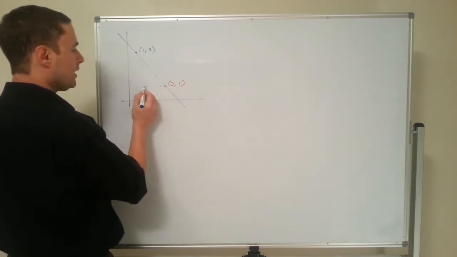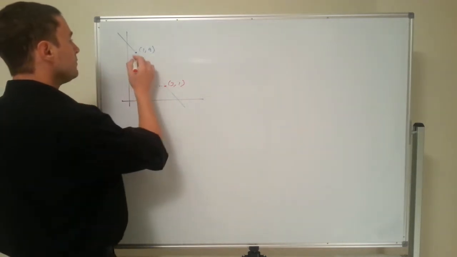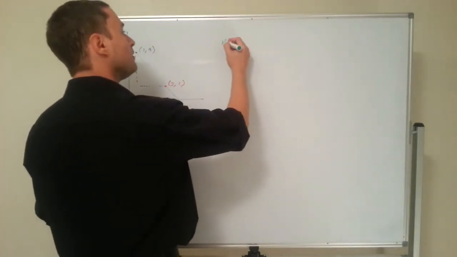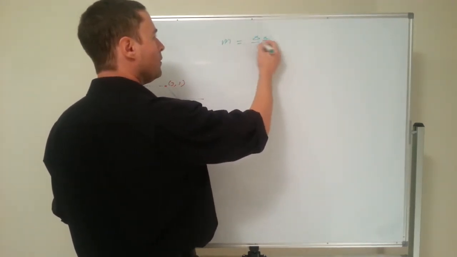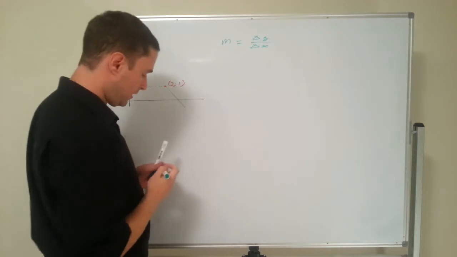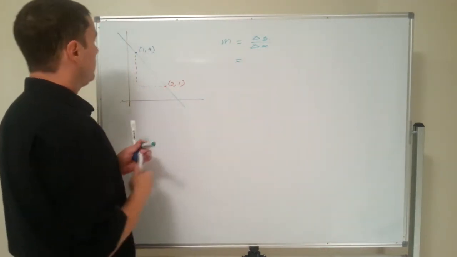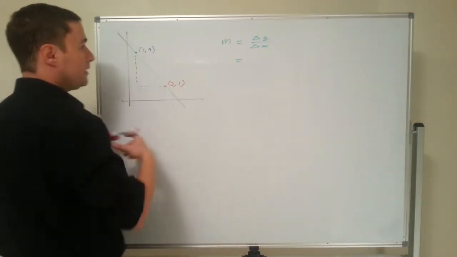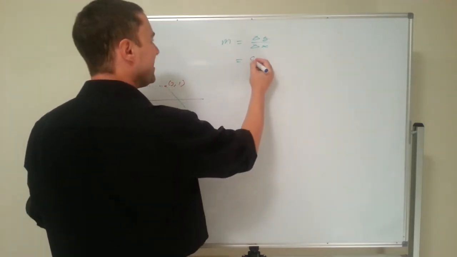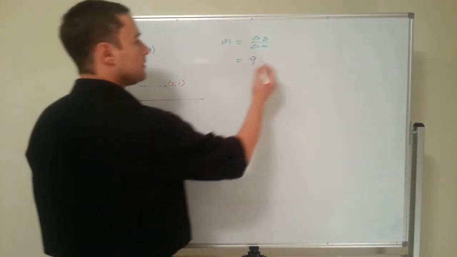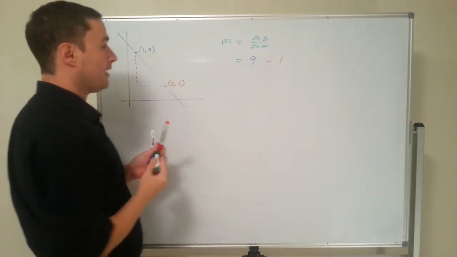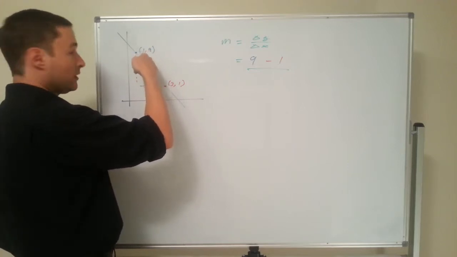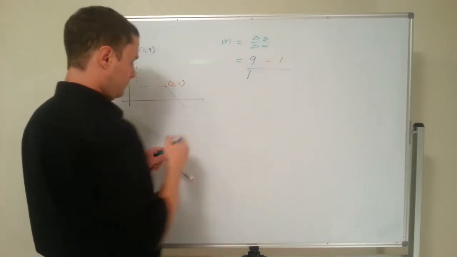I'm looking at the change in x, the horizontal distance, dividing into the vertical distance. So again, the gradient equals change in y over change in x, the rise over the run. So let's put the blue one first now. His y value, 9, minus his y value, 1, all divided by, now I put the blue one first in the y, so his x value has to go first, 1,